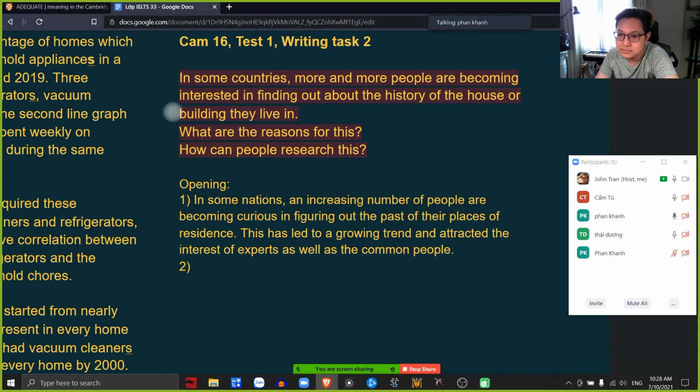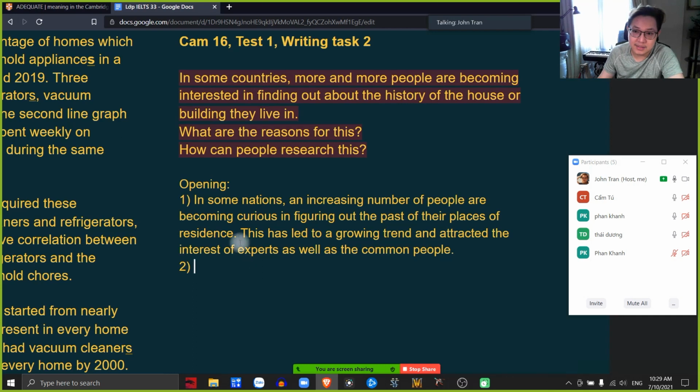Finding out about the history of the house or building they live in will be the subject. Yes, this is the object, old object. The old object will become new subject, right? And the verb are becoming interested in, right? Interested. Yeah. I think can be interested. Or let's just say, okay,